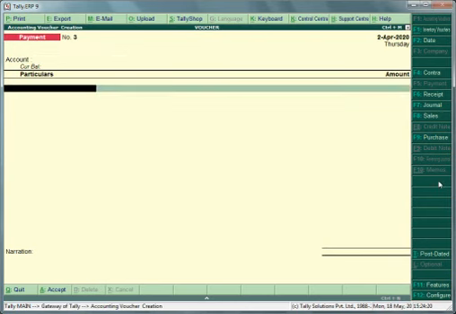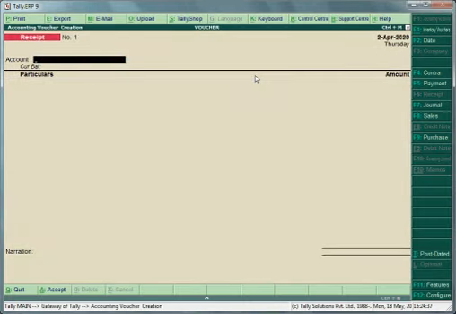Now we are going to make some receipt entries. For this we have to press F6, or we have to select from the list seen to the right side of the screen, F6 receipt. Now the receipt voucher is open. Suppose we received rupees 60,000 from a debtor in advance, not a bill.